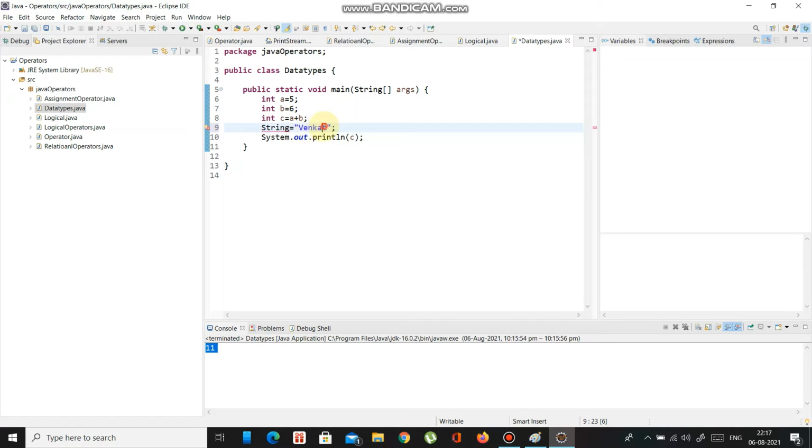It is nothing but a group of characters together, which is known as a string. So here String is a data type, but it's user defined. See, I am not saying that Venkat should be the only value. Even I can type 6, it will accept because I am defining the data type. But if you take int here, I can't type v. See, it will say error: v cannot be resolved to a variable, because int is predefined. You should type an integer.